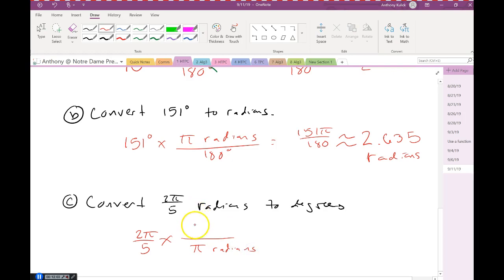And the numerator should be 180 degrees. So when I multiply this out, I get 360 over 5, because the pi's are going to cancel,